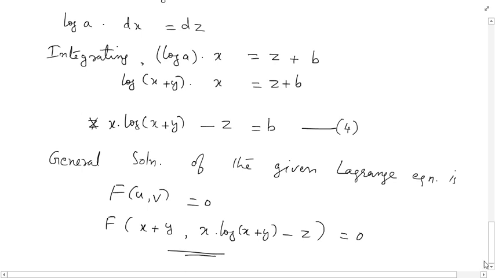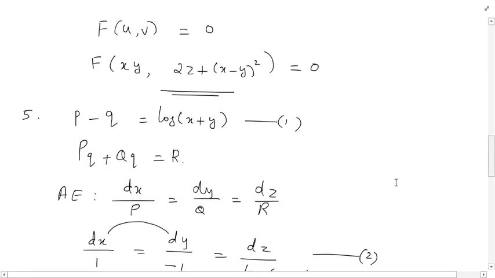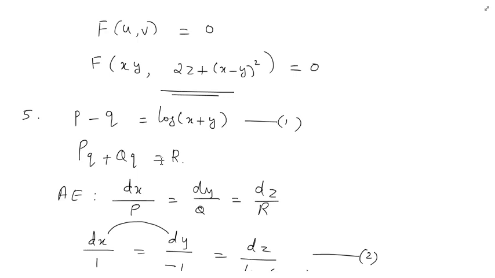Now to conclude, I'll explain the method once again. First of all, identify the given equation as a Lagrange equation. That is, you check whether the equation is of the form Pp plus Qq equal to R. If it is a Lagrange equation, write down the auxiliary equation, and then you will be getting 3 ratios, and using some method of grouping or method of multipliers, you find out 2 independent solutions of this auxiliary equation,